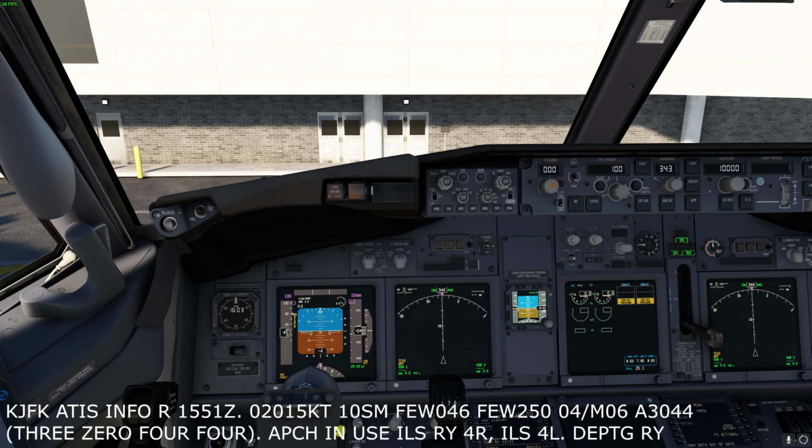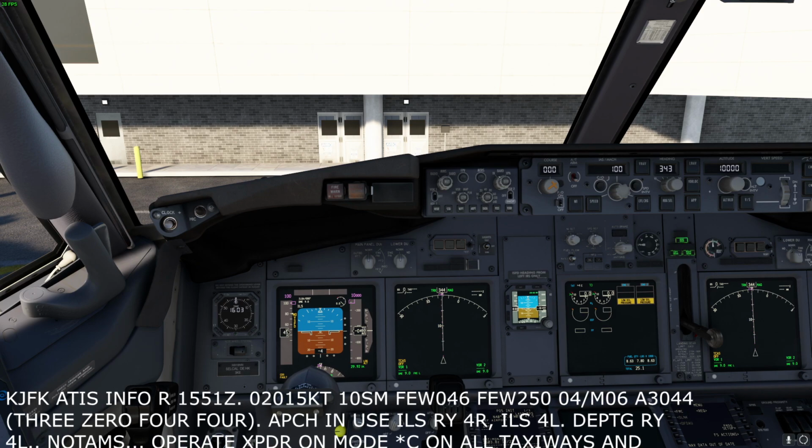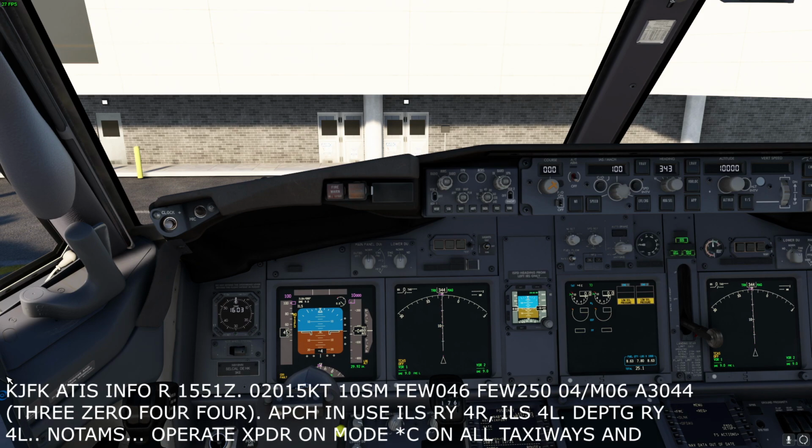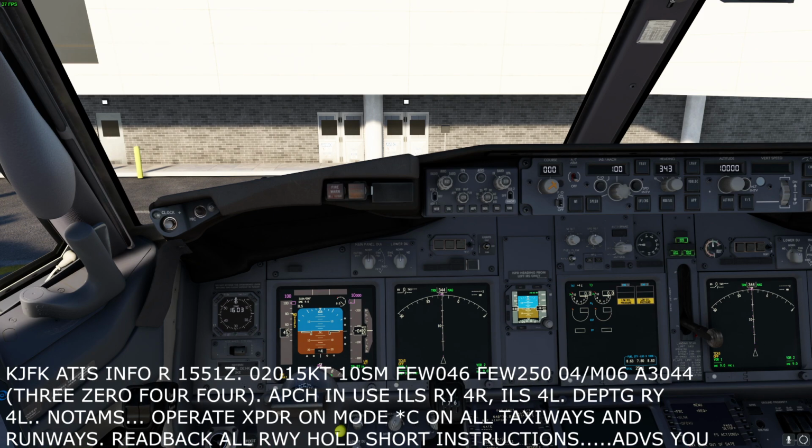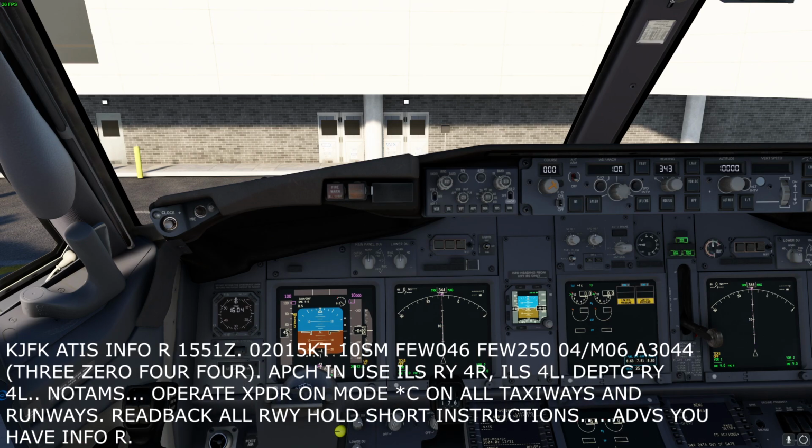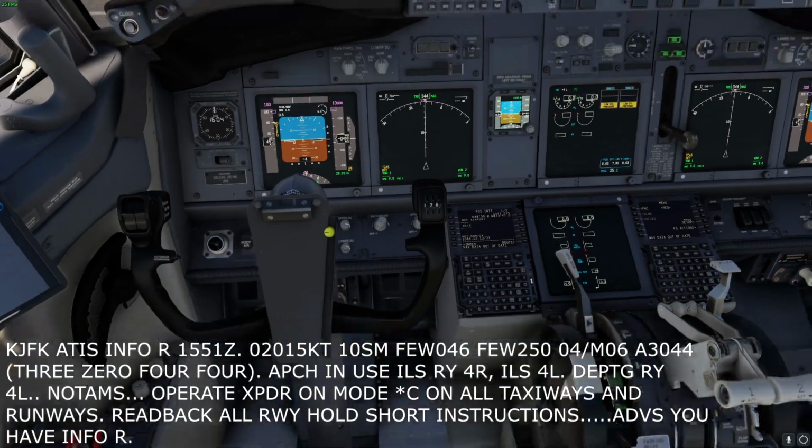Approach and use ILS runway 4 right, ILS 4. Departing runway 4 left. Notices to air mission. Operate transponder on mode Charlie on all taxiways and runways. Read and call runway hold short instructions. Advise on initial contact you have information Romeo.